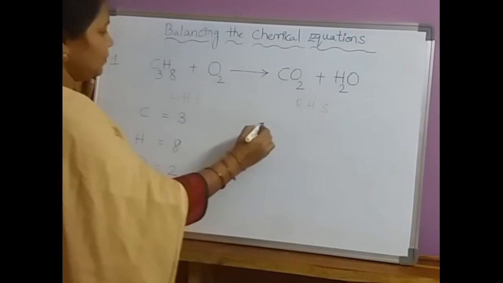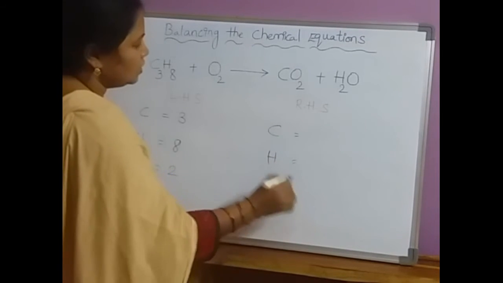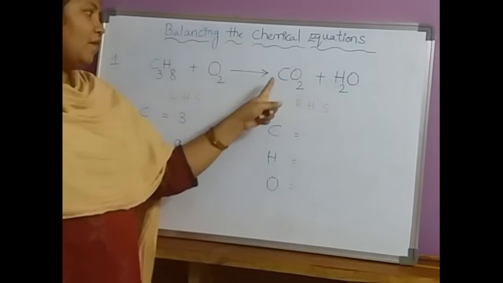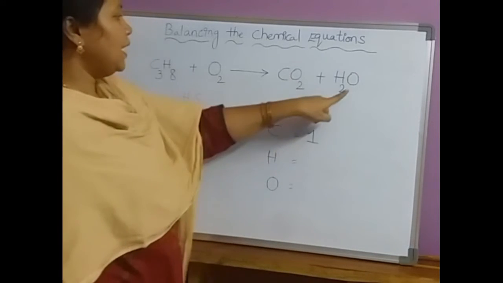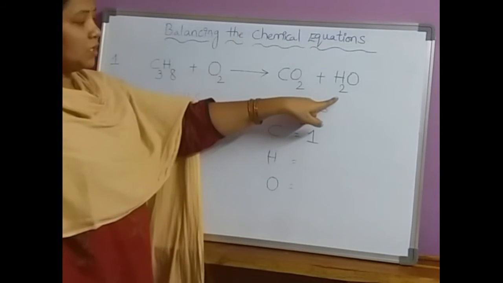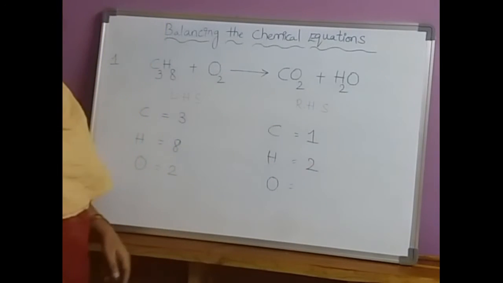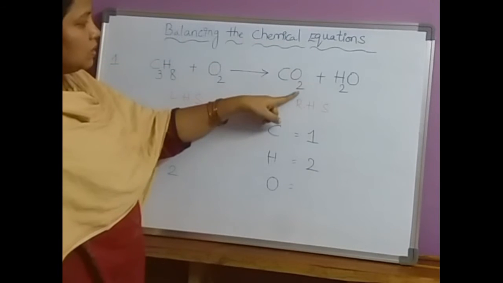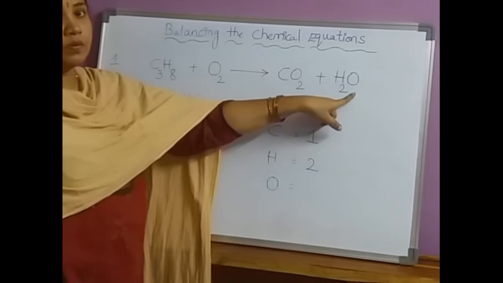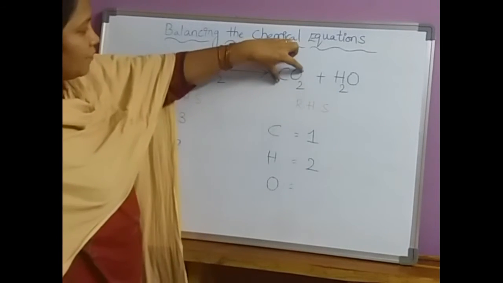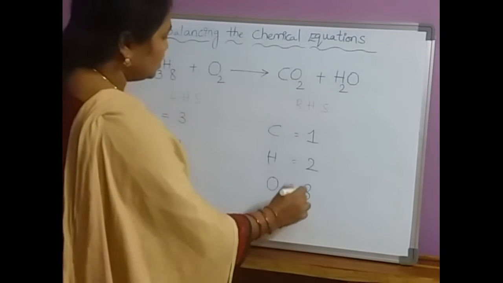Now similarly write down the RHS side. On the RHS side you will also find the same elements: carbon, hydrogen and oxygen. How many carbon atoms? In this molecular formula we have only one carbon atom. Here there is no carbon. So I am writing 1. How many hydrogens are there here? As the subscript is there for hydrogen, we will consider it as 2 hydrogen atoms. So H is equal to 2. How many oxygens? In this molecular formula, O2 means 2 oxygens. In this molecular formula, there is no subscript for oxygen, so we take it as 1 oxygen atom. Total 2 plus 1, 3 oxygen atoms.